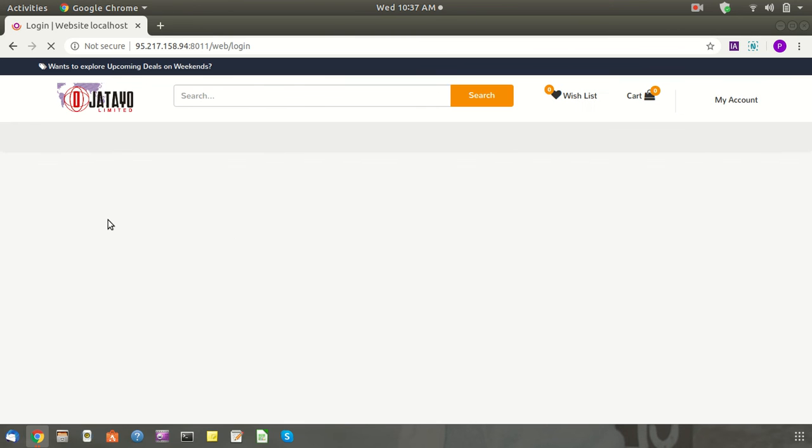because first admin will approve the product order, and then when admin approves the product, then vendor will be able to see the order list in the backend.